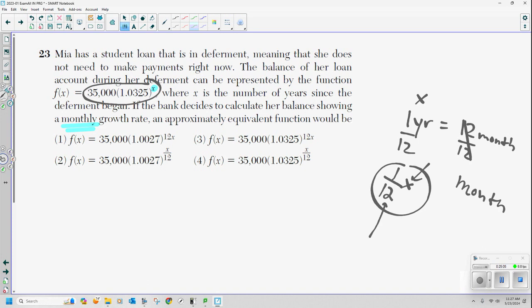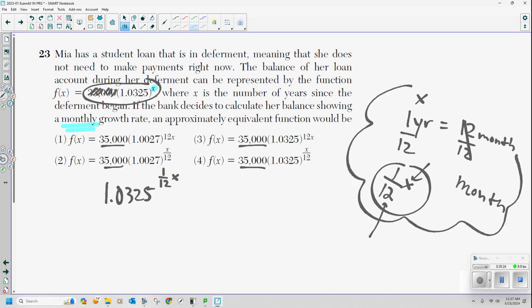Now, if you notice, all of these start with 35,000. So I'm not even going to consider this yet. I'm going to take my 1.0325, and instead of raising this to the x, I'm going to raise it to the 1/12 x, because now I want that year exponent to be in months, like we did here. So what I'm going to do now is take this 1/12 and actually apply it to this base. So in my calculator,